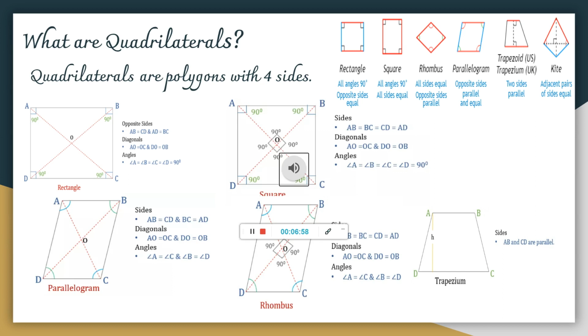Similarly, in some of them, their sides might be parallel. In some, the sides are not parallel, right? In some, sides will be equal and some are not equal. So basically, depending on these kinds of parameters, we would see that there exist many different types of quadrilaterals. So even before we talk about the different types of quadrilaterals, let us talk about some of the basic properties of quadrilaterals.